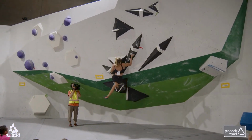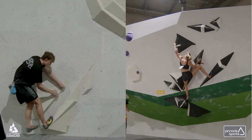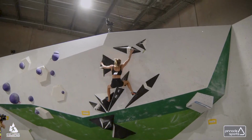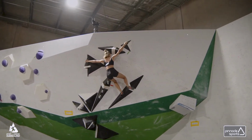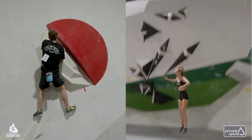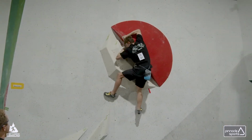Let's see how Judith goes on. She's made it to the zone, which is great. Well, there you go. You never say it's over until it's actually over. And one more move, and she's done it, folks. Not yet, though. Double match, and Judith gets a top. Well, that is great news for Judith and the start here. But Sam